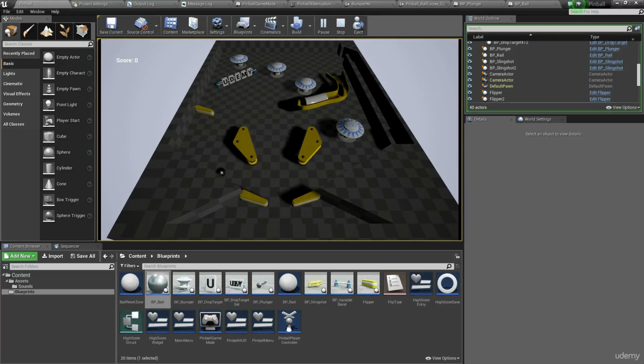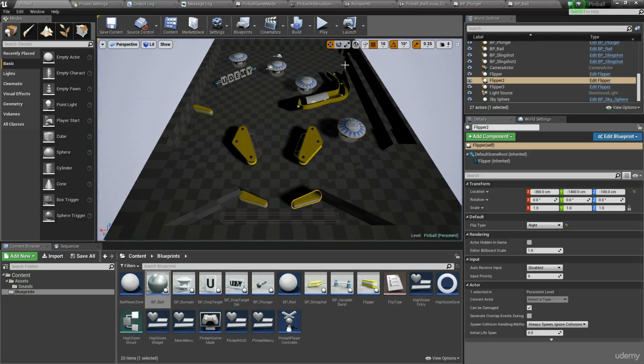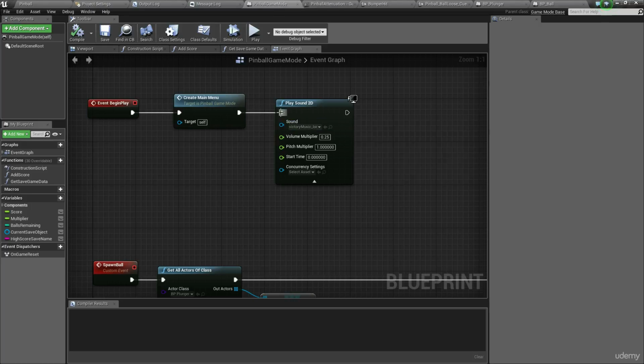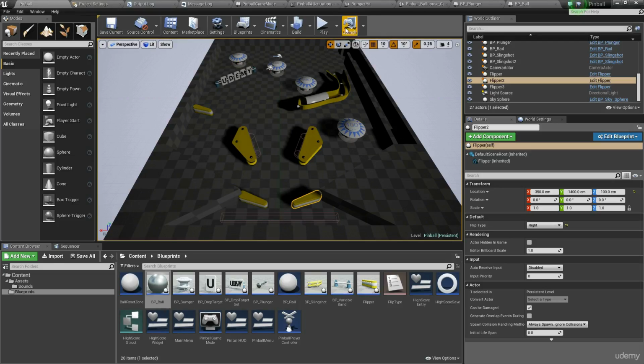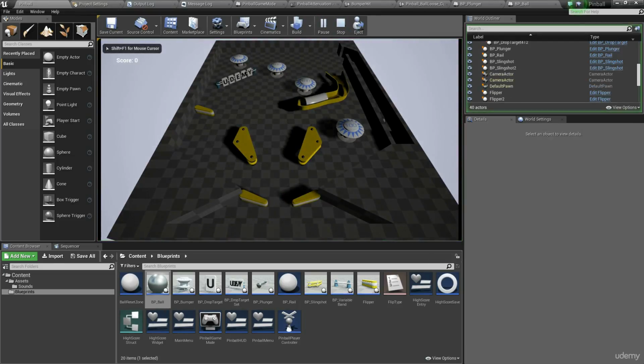I can hear it, but it might be a little tricky to hear over the music. So I'm just going to turn the music off for just one moment so we can verify that it's working. So I'm just going to disconnect my music over there for just one moment. Yep, it's definitely working. So as the ball moves,